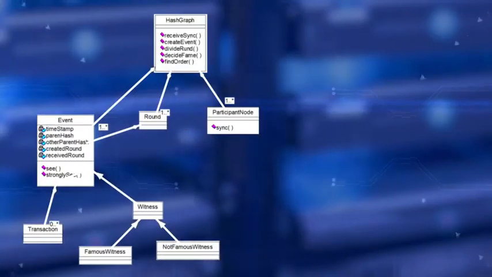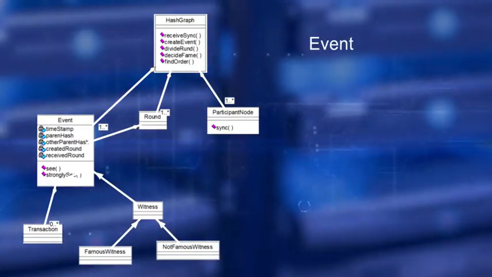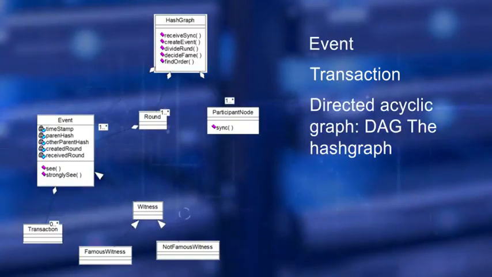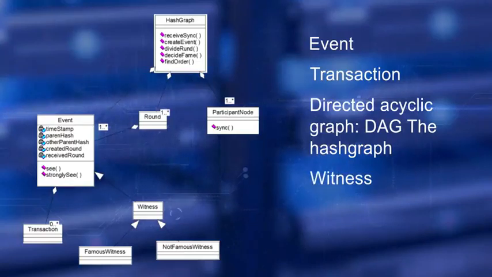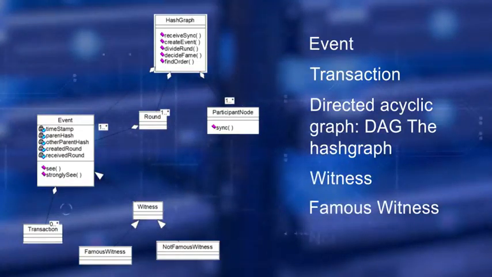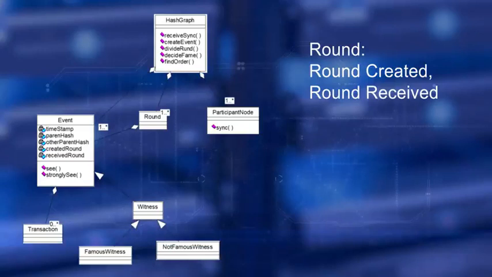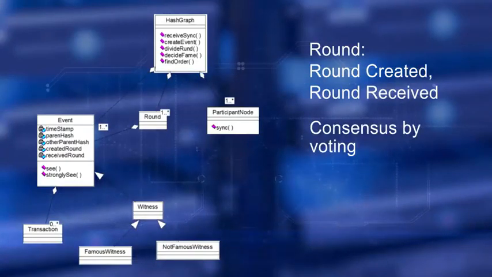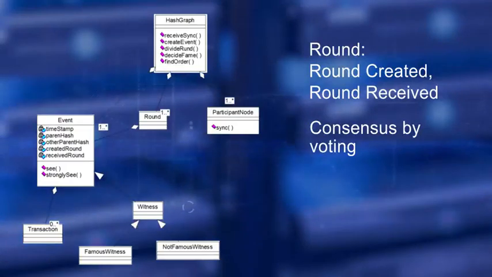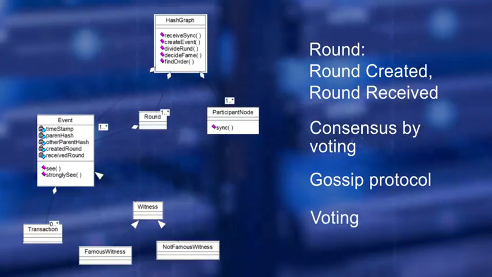Elements of the Hashgraph include event, transactions, directed acyclic graph, DAG, the hash graph, the witness, famous witness, not famous witness, round, round created, round received, consensus by voting by the witnesses of the next round, gossip protocol, and most important to note is the voting is derived or computed by the structure of the hash graph stored in every node.